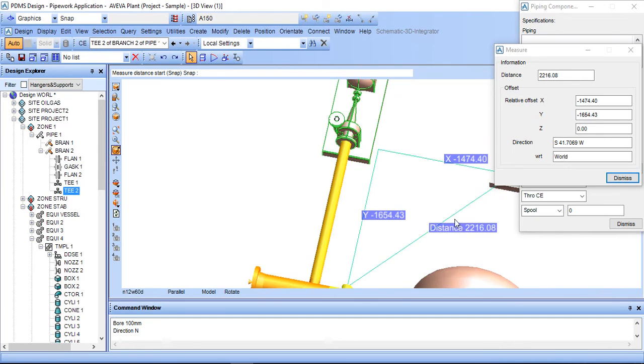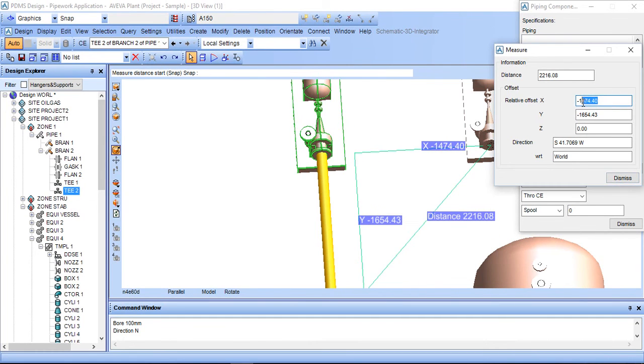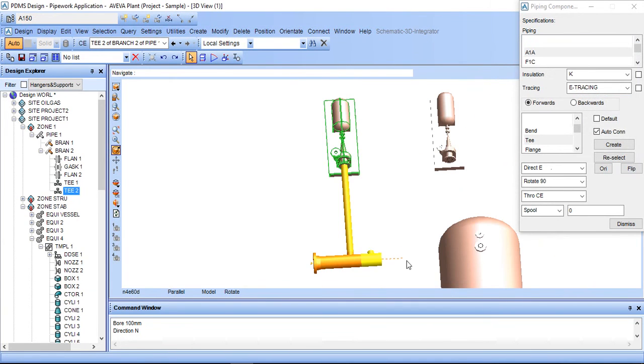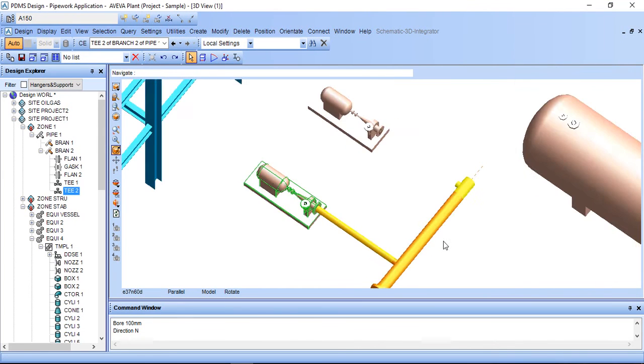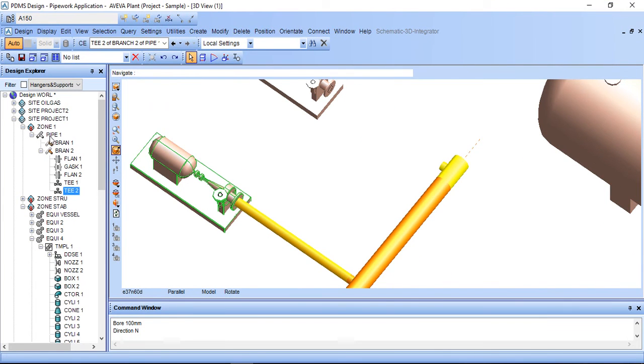So we know distance is 1474.40. Just copy it, dismiss, press enter, spool, dismiss it,